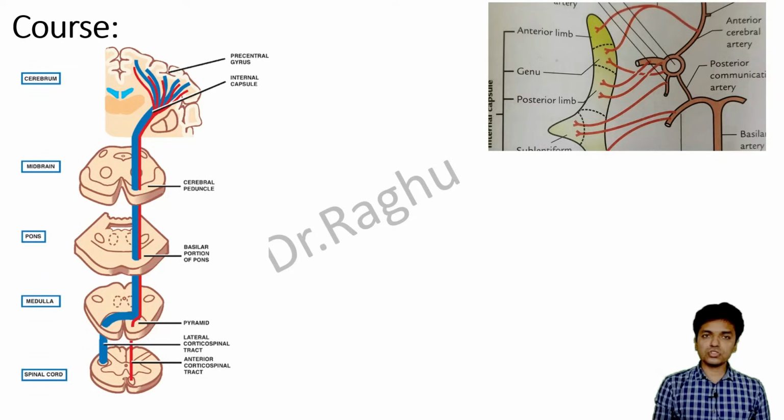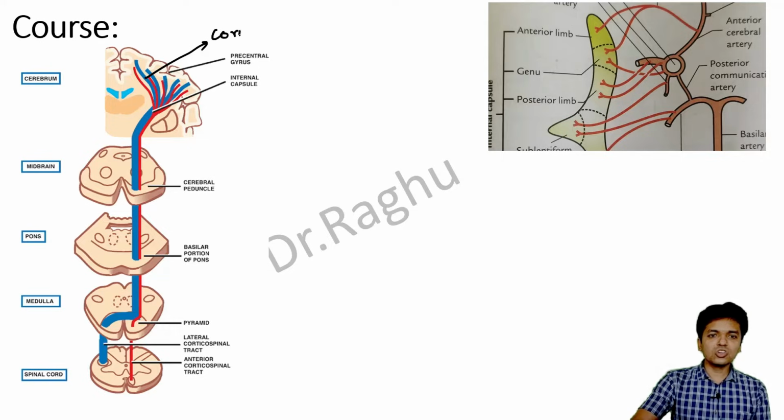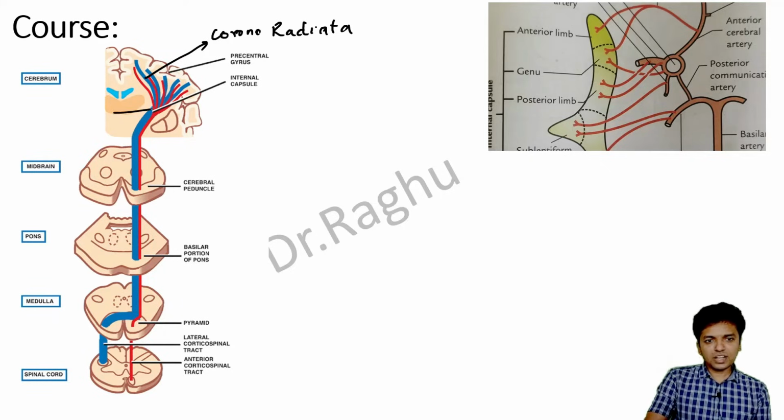Next, let's see the course of the pyramidal tract. Now, the corticospinal tract or the pyramidal tract, after taking origin from all these above mentioned cortical areas, the fibers are going to descend down. And how do they descend down? They descend down in the form of a mass of radiating fibers. This mass of radiating fibers, which we can see here, is called the corona radiata. Okay, this is called the corona radiata. And where do they descend? They descend down to this area, which is called the internal capsule.